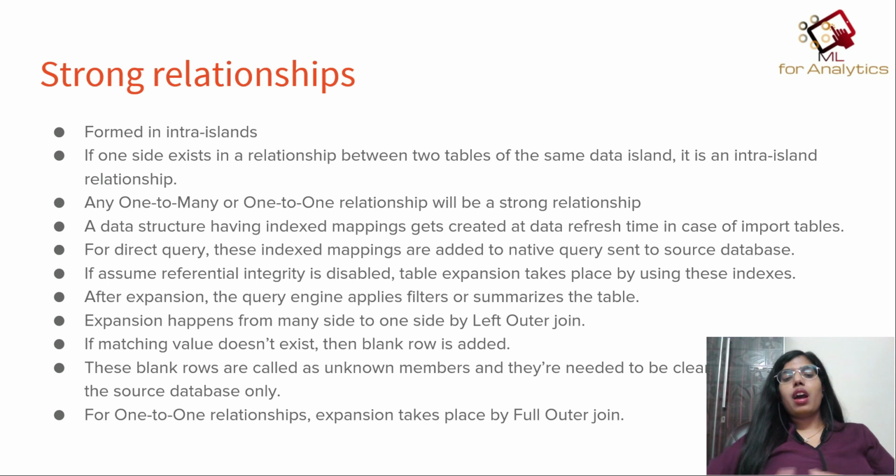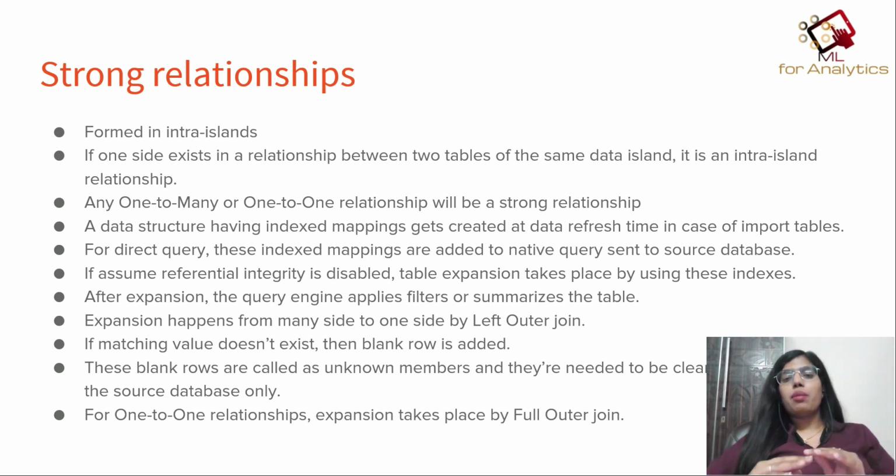So if I talk about assumed referential integrity, it's actually only enabled in direct query mode. And if we enable it, then the tables that are related to each other are fetched by means of inner join. But since it's disabled in this case, then what will happen is that this will actually be